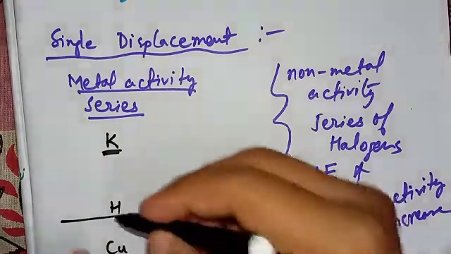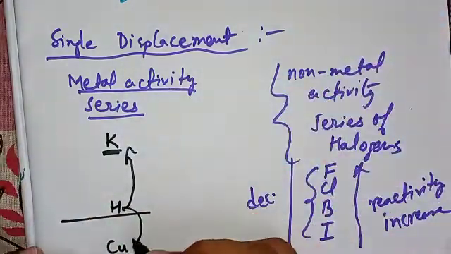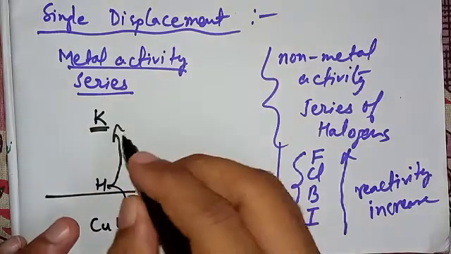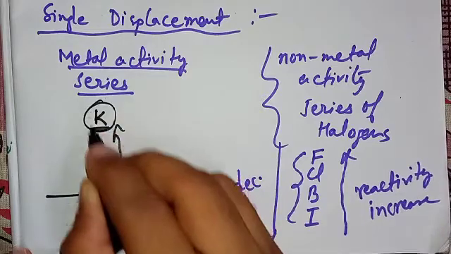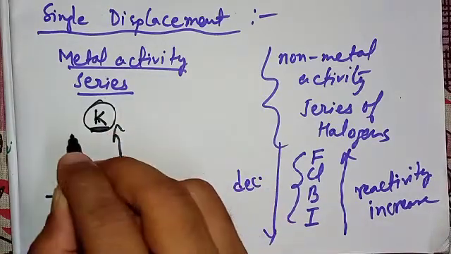The metals above hydrogen are highly reactive, and the metals below hydrogen are less reactive, their reactivity is very low. So if you have two metals in a reaction, potassium and copper, then definitely